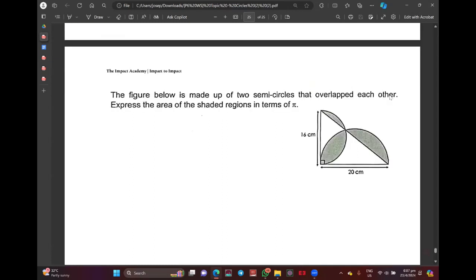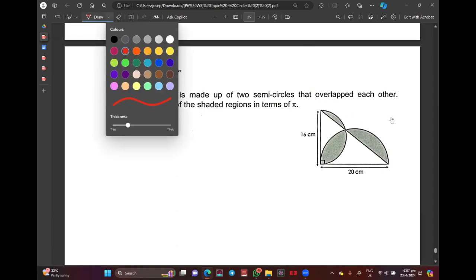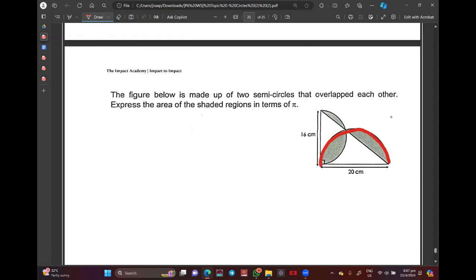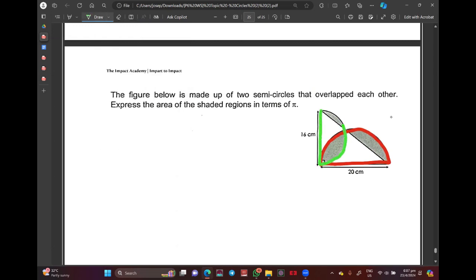So let's take a look at this. For a question like that has overlapping, these are what we call really confusing questions, isn't it? Right, you see, the figure below is made up of two semicircles. I don't know if you can see the two semicircles. I'm just going to highlight it for you to see. These are the two semicircles. One over here. Can you see that? And then the other one over here. Am I making sense? Whenever it's too confusing, you're not able to see it, you are going to use something called,